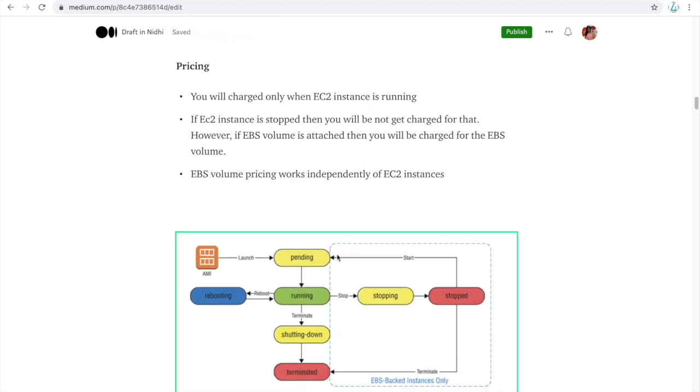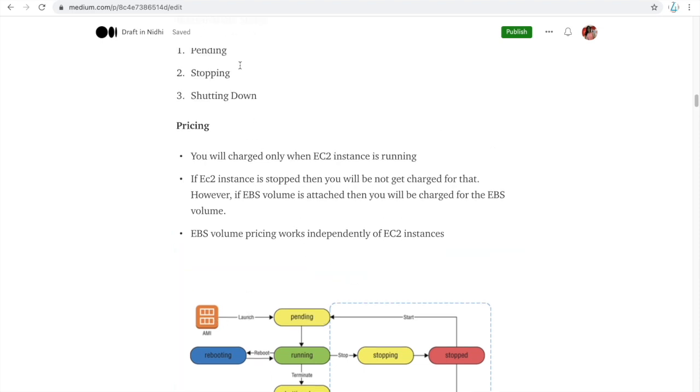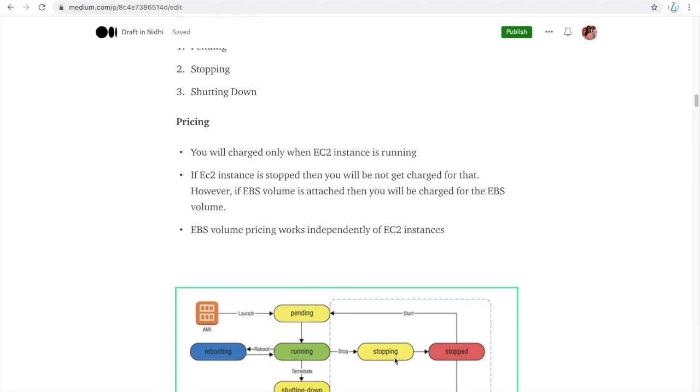I can show you this example. When you launch an instance, before it goes to running, it goes to pending. And stopping: when you stop a running instance, it goes to stopping. And shutting down: when you terminate it, it goes through shutting down as an intermediate step.